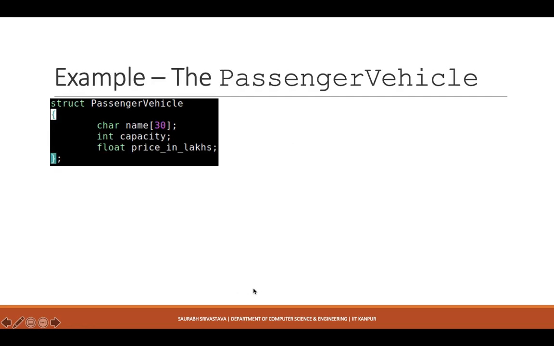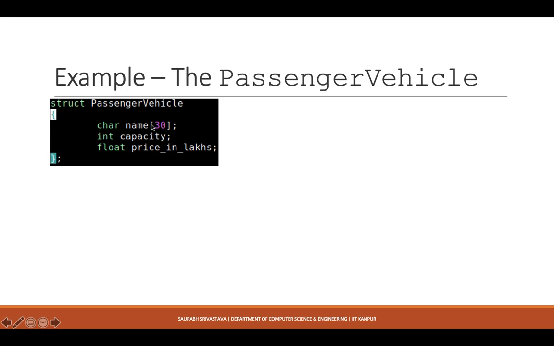So this is a very simple example. I'm creating a passenger vehicle structure. This is created like this: struct passenger_vehicle. This actually has an array called name, a character array called name. And by the way, it is possible to create arrays as member variables of a structure.